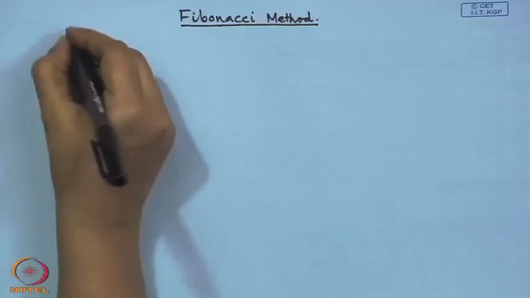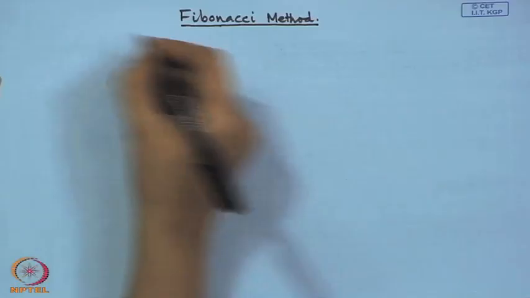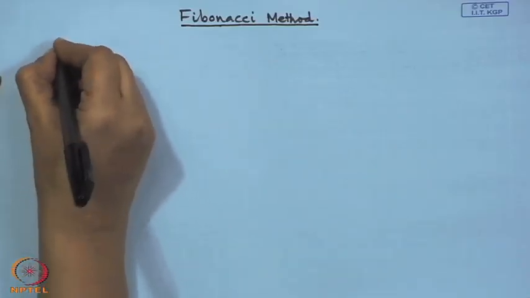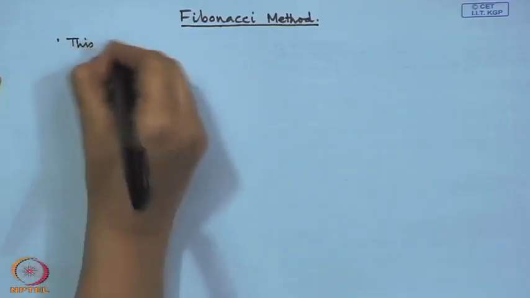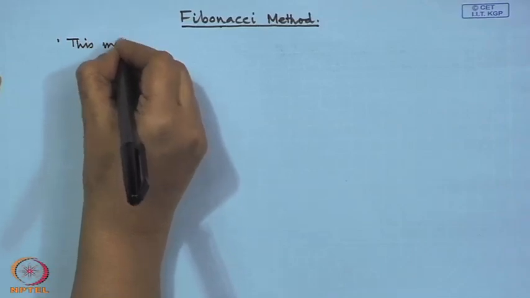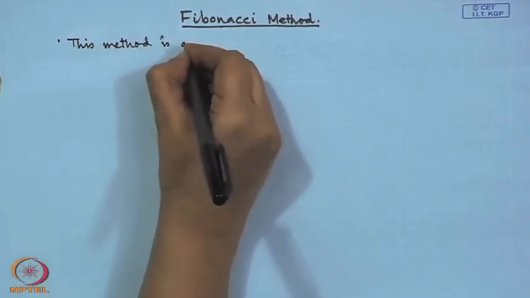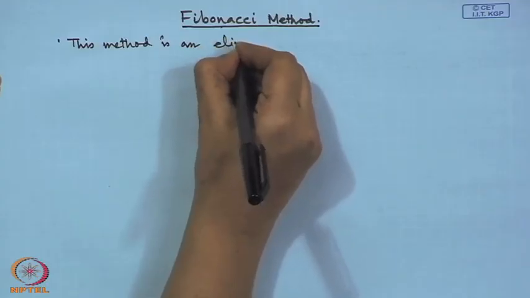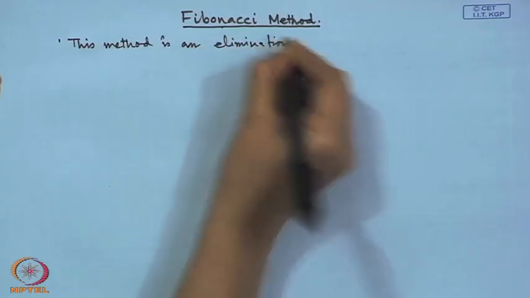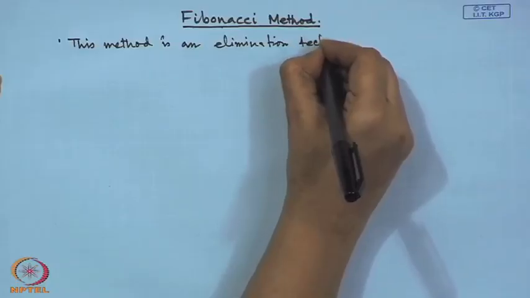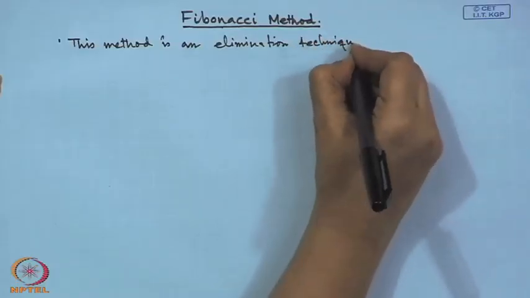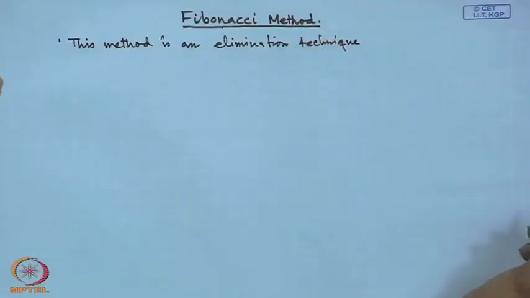of the Fibonacci numbers in the sequence. That is why there are certain limitations of this method as well. Let me first tell what the basic necessities and limitations for the Fibonacci method are. First of all, this method is an elimination technique. Another name for it is the interval reduction method